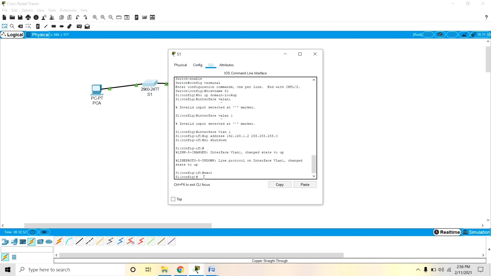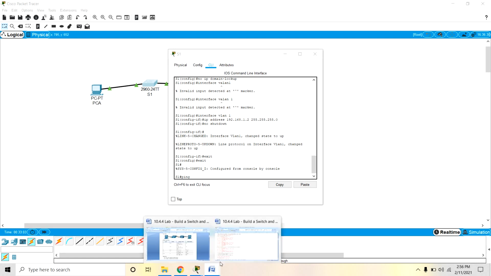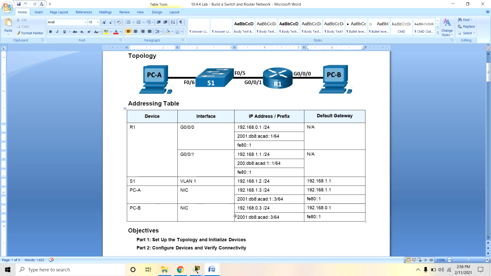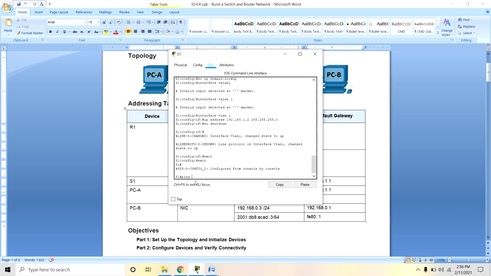Okay, now exit switch 1 and ping. Already we know the address of device B, 192.168.0.3.